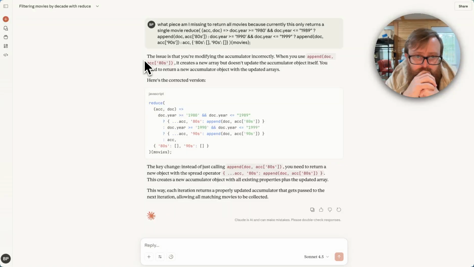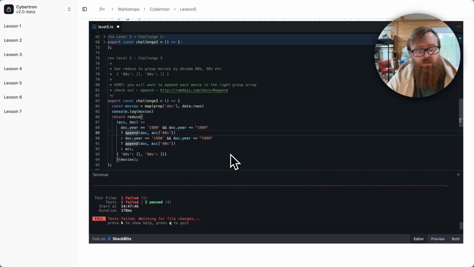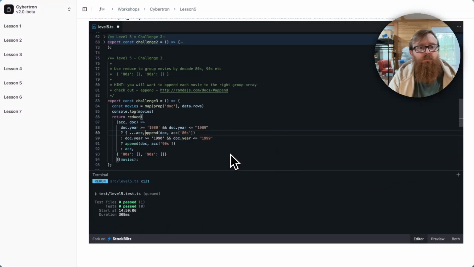Okay. There's got to be a better way than this long ternary to do this, but so yeah, that will work because now we're returning the